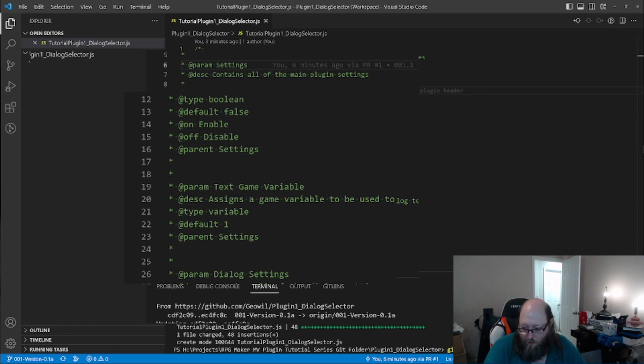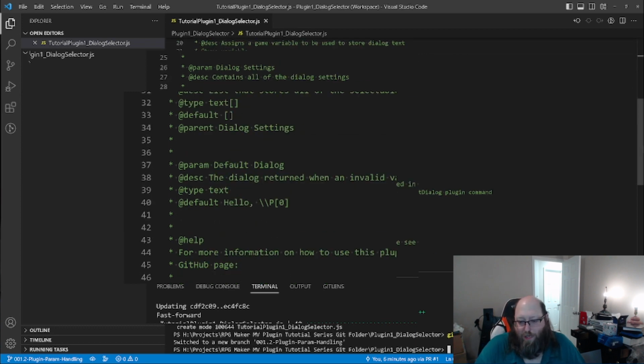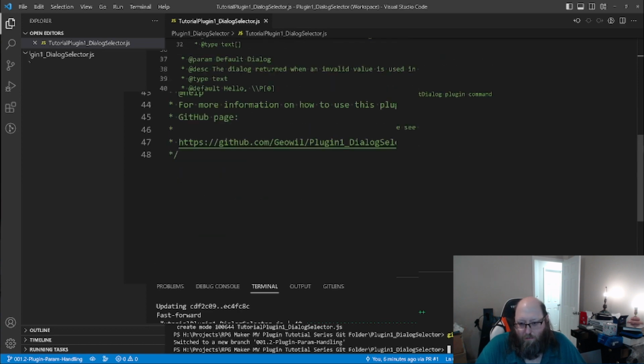So git checkout b 001.2 dash plugin params. Plugin param handling. So we have our parameters defined, and they are now able to be edited in the editor, given values and stuff. So now we need to be able to get those values from the editor